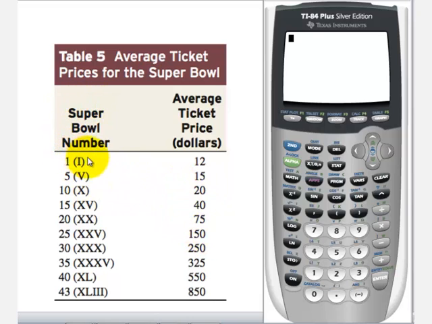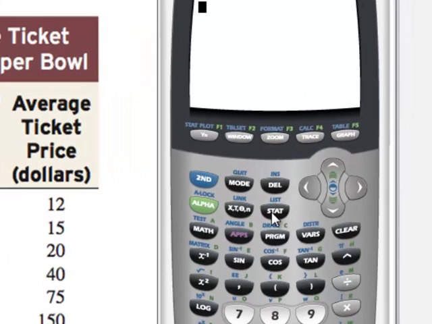Super Bowl number would be the independent variable, and the average ticket price would be the dependent variable, because the ticket price depends upon which Super Bowl. In the beginning, the cost was low, and as we see, as the Super Bowl number increases, the average ticket price increases. To begin, we go to the Stat button,